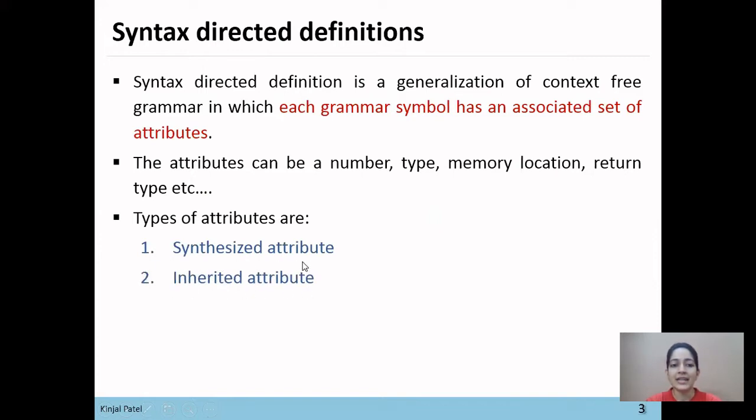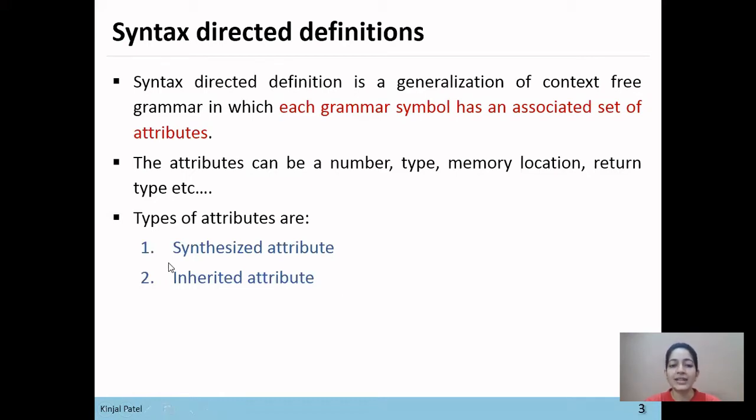A synthesized attribute can be represented by .sy syntax, or we can also represent a synthesized attribute with .number, .type, .memory location, .return type, or any name. But to represent an inherited attribute, we can use .in or .i syntax only.